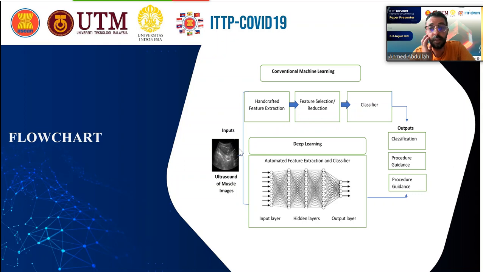Then deep learning included automated feature extraction and classification: input layer, hidden layers, output layers. The output is classification, and precision can be nice. Next,